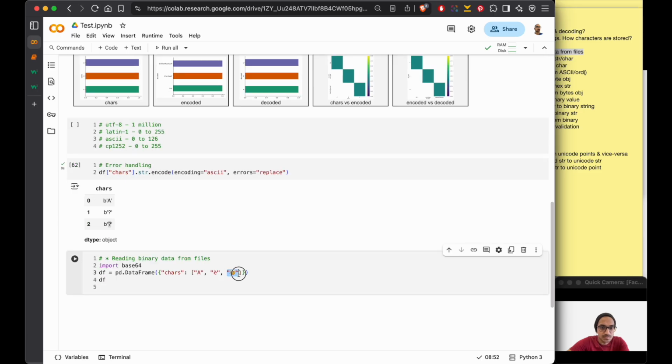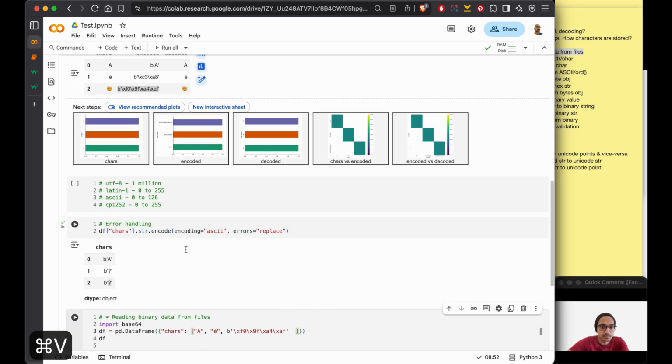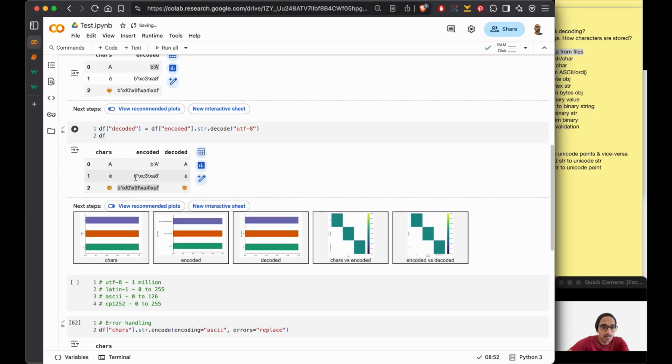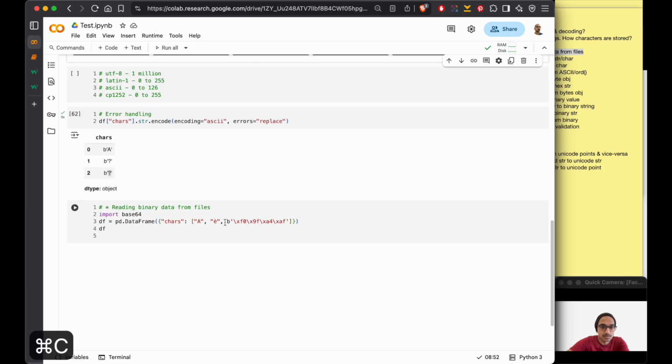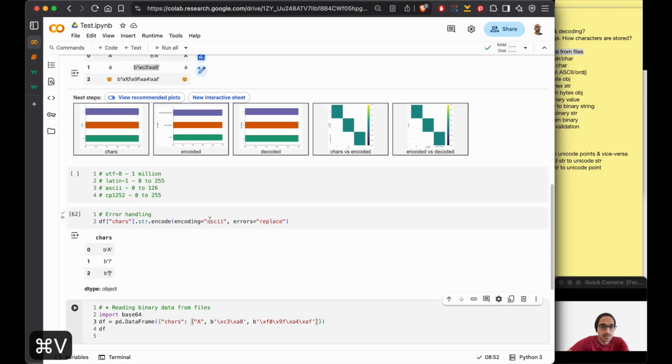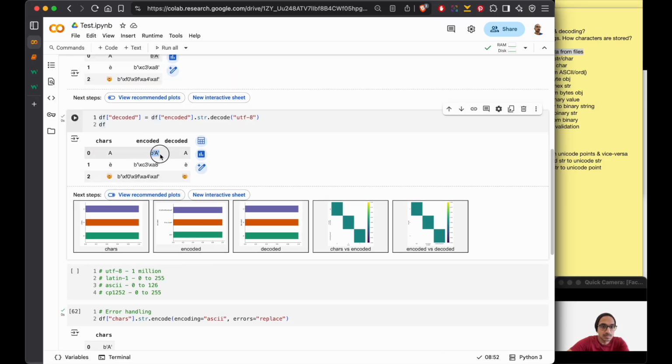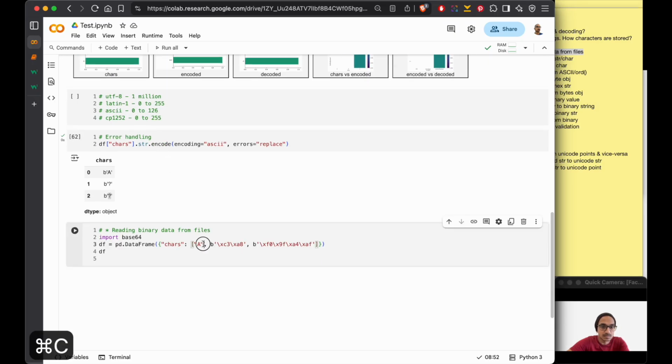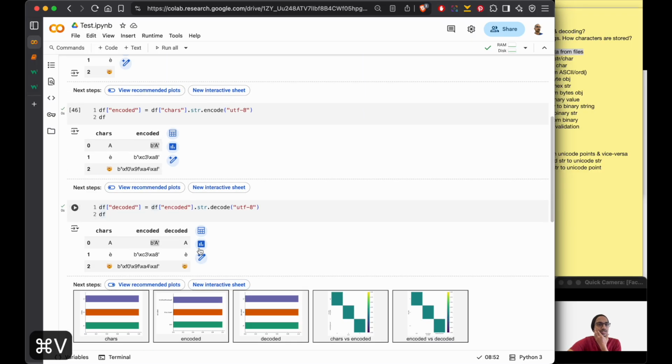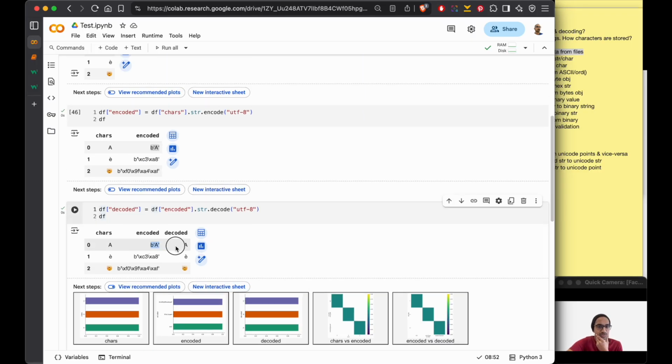A is A, so that's our standard. As you can see, ASCII has a one-to-one mapping, meaning the original character and the encoded value are exactly the same. But that's not the case for